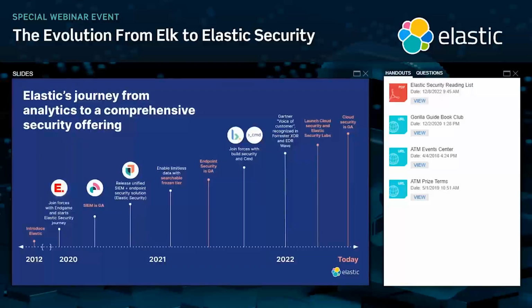These slides depict the evolution, the Elastic journey from when Elastic Security was first introduced, thanks to the acquisition of a company called Endgame, to today with the recent release of cloud security. As you can see, we moved pretty quickly. The first SIEM release, that was the original name of Elastic Security, came out in mid-2020. So in a little bit over 2 years, we went from not having a solution for the security use case to having a full solution that not only includes SIEM capabilities, but also endpoint and cloud security.